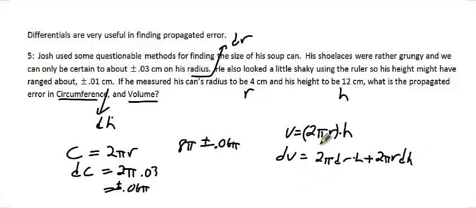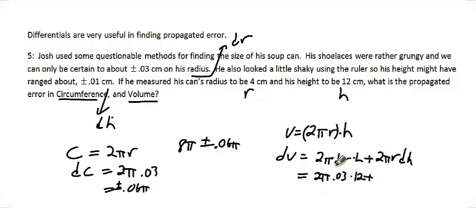You notice the 2 pi could have gone with either of them. It doesn't really matter. Or you could have factored it out entirely and done the 2. But that's the basic idea. So our propagated error in volume is 2 pi dr times h. So dr we found to be 0.03 times h, which is going to be 12,